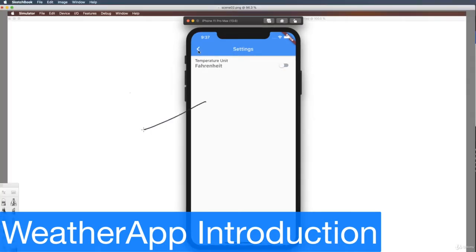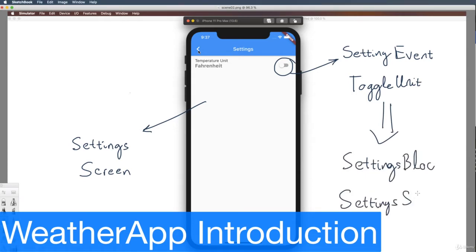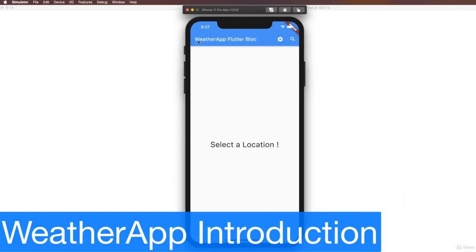So back to the previous screen, and this screen is the setting screen. We also have the setting event toggle unit to change the unit between Celsius and Fahrenheit, and this is a setting bloc and setting state. Okay, so come back to the previous screen, and we can see a button like search,